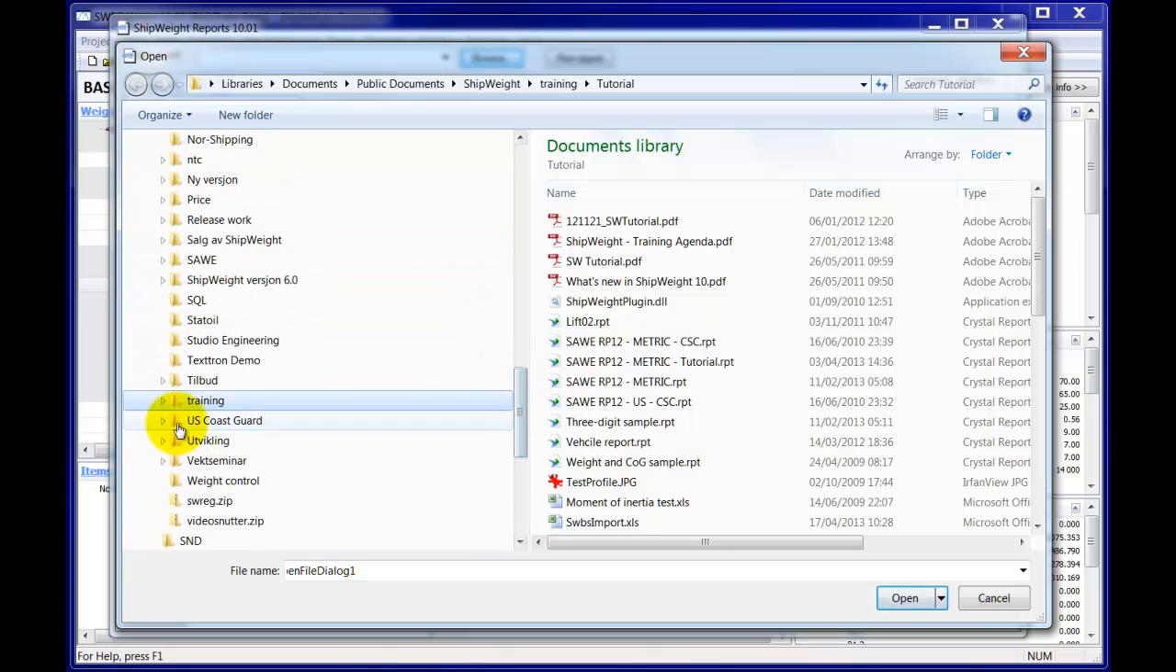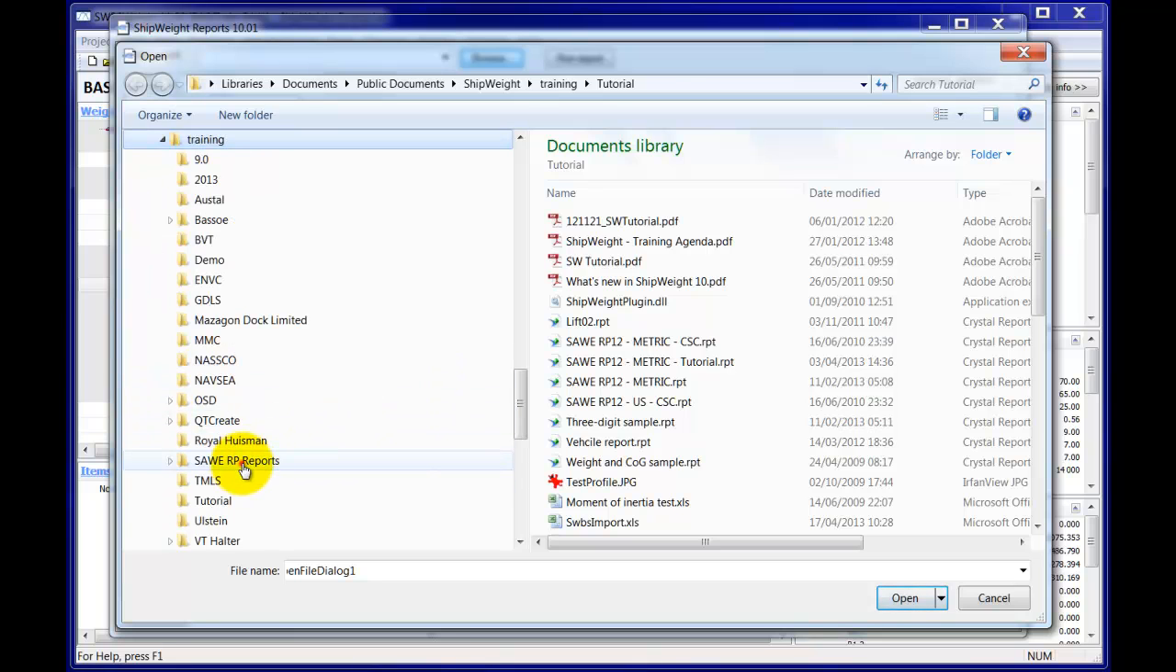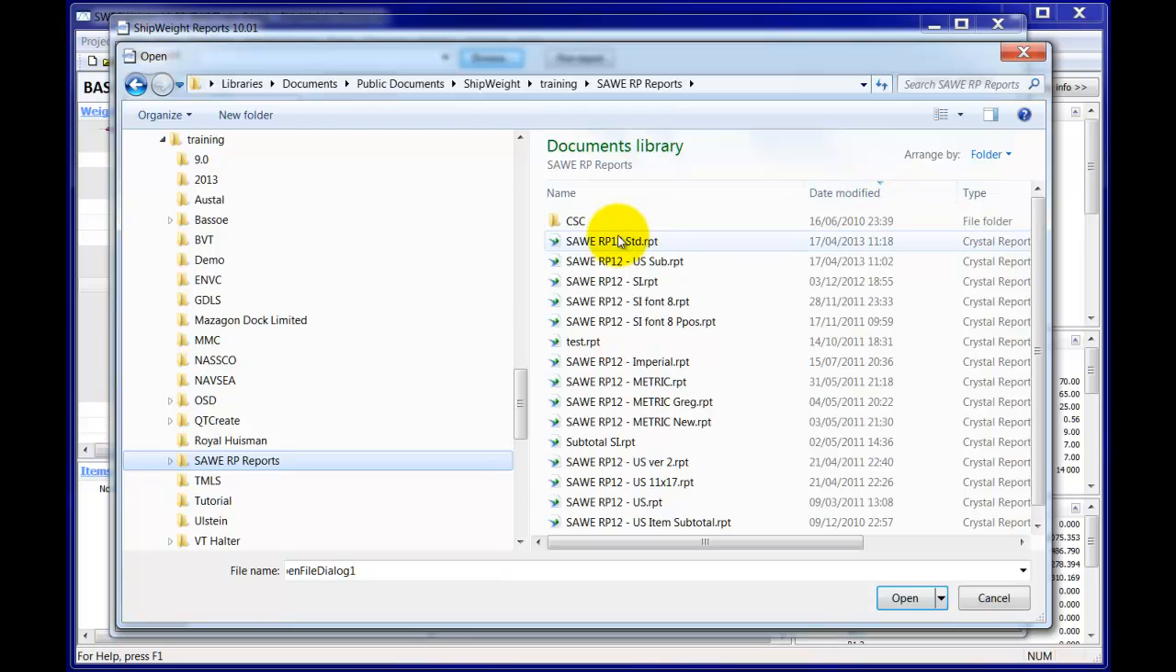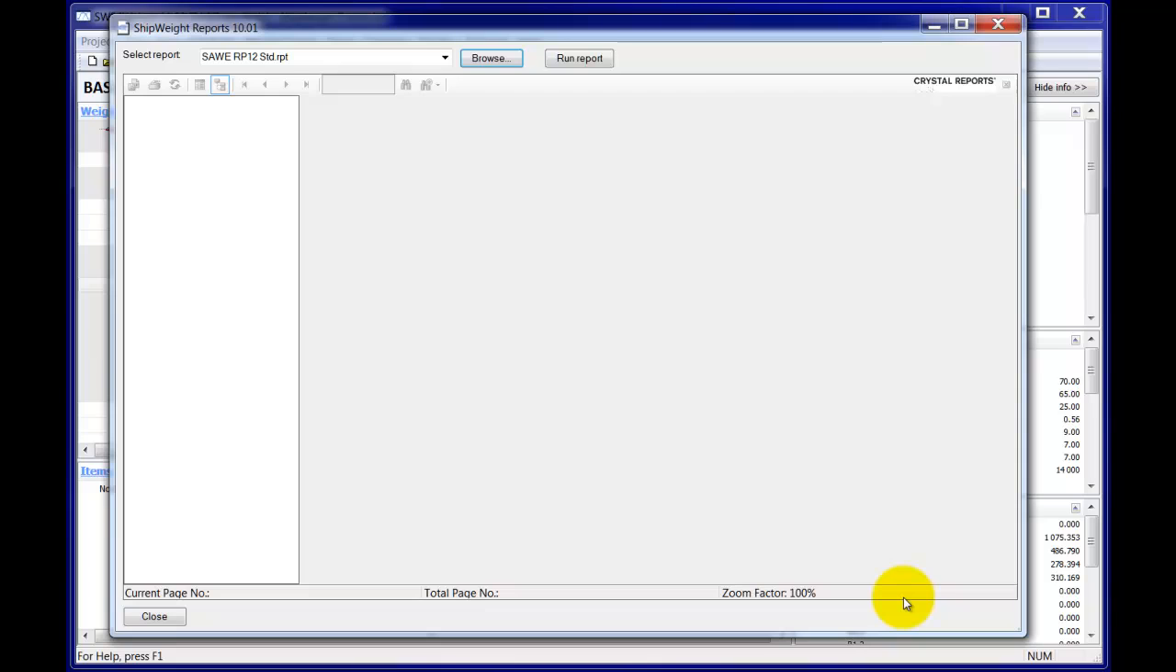So let's see, the template should be here, SAWE RP12 standard template, and this is a template that you can get from us. Just send us an email and we will return the template to you, and then we'll run the report. And now what pops up is a filter that